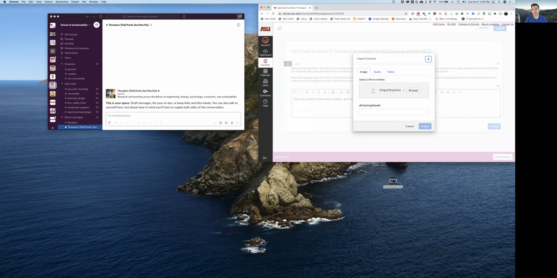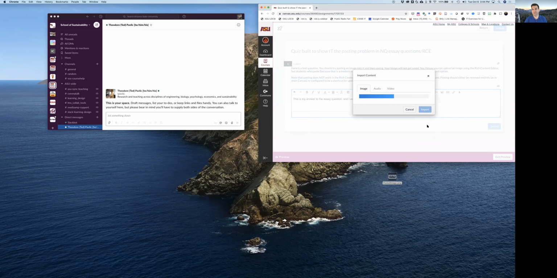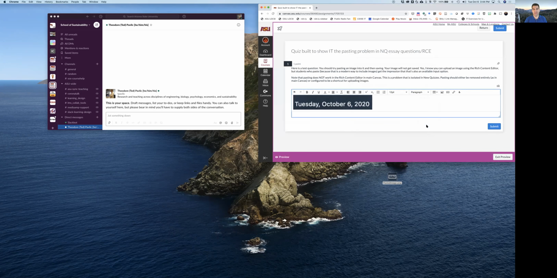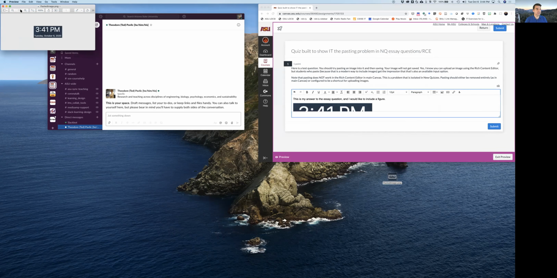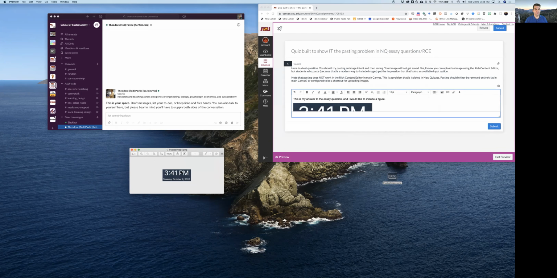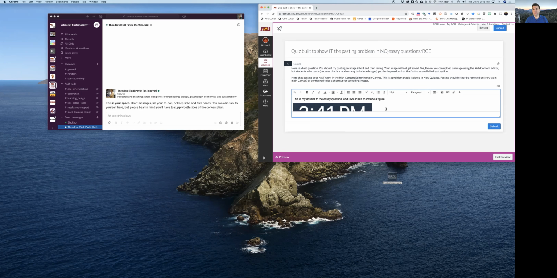And then I can bring in an image like this one that I've already prepared here. I can bring this and drag and drop this into here as so. So it says pasted image is now ready. That's just the title of the image. I can hit import, takes a second to upload. And then there we go. This image, if I were to double click on this image, you can see what it looks like. It's just this image that I grabbed earlier from Zoom and created a PNG from it,